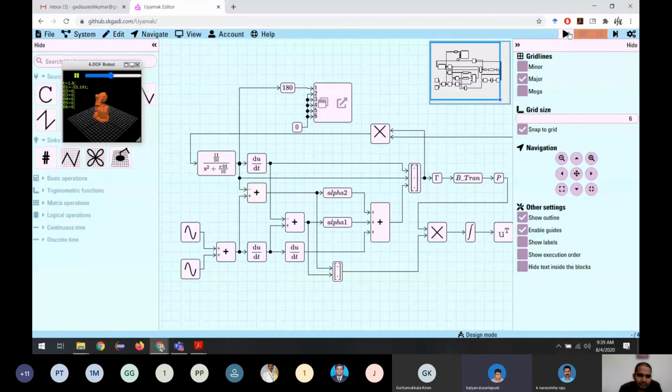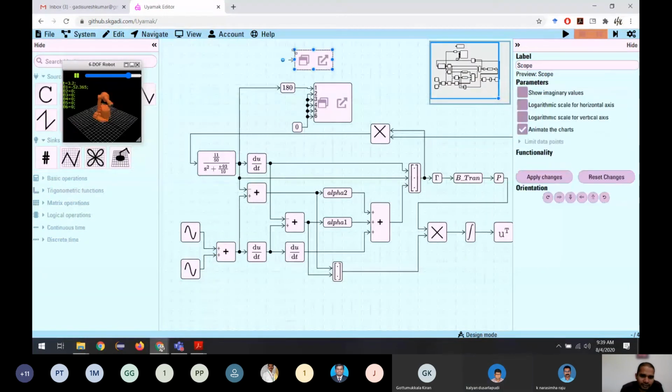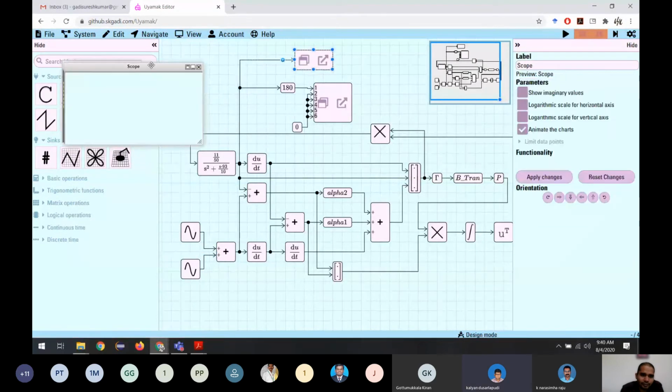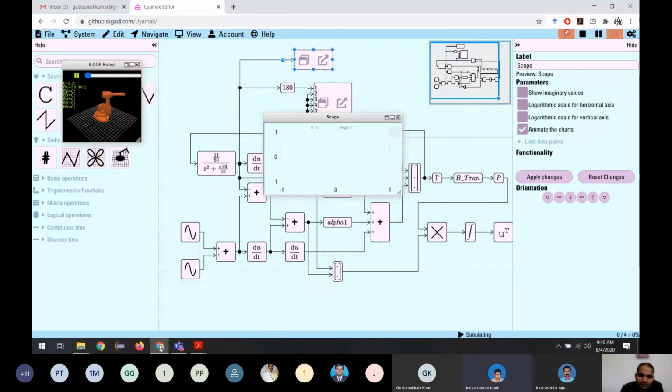You see, this is a simple sine wave. It works even with a single sine wave. Yeah. So let us show the result on a plot so we can understand, because watching the robot is not so clear if it is a sine or not. If you see, the result is a sine wave.